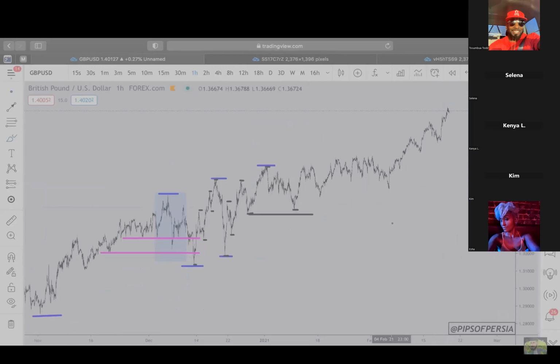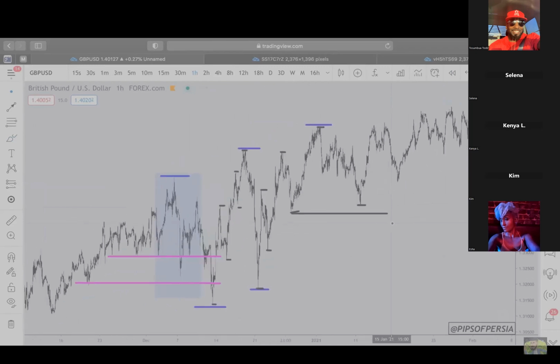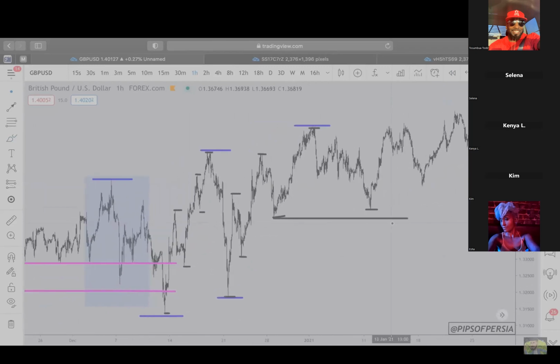But more than anything else, what I want you to take away from this video is do not identify any random level as your structure point and expect the market to completely reverse in its trend just because it's broken a random structure point. So I hope that kind of makes sense in terms of applying the theory of what we just spoke about to the actual charts to be able to make a little bit more sense of it, to see what I mean when I talk about the smaller time frame trends or the fractal trends, and also what I mean when I speak about the lower time frame break of structure versus, for example, the higher time